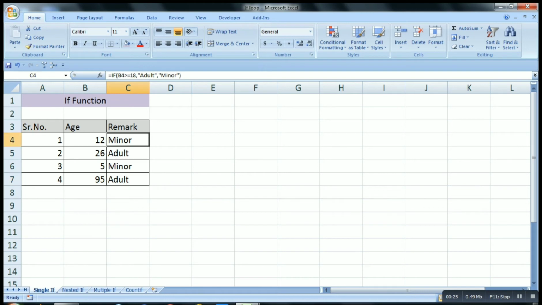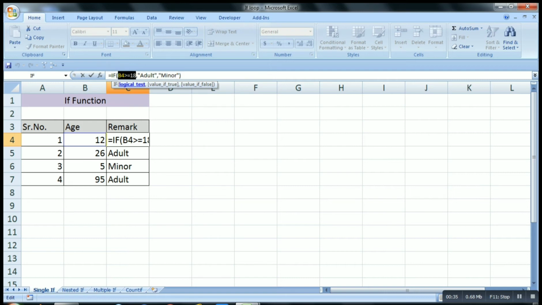Now let's see the formula. If B4, which means the age value, that is 12, is greater than or equal to 18, then give the remark as adult, else as minor. In this case, let's check the condition.